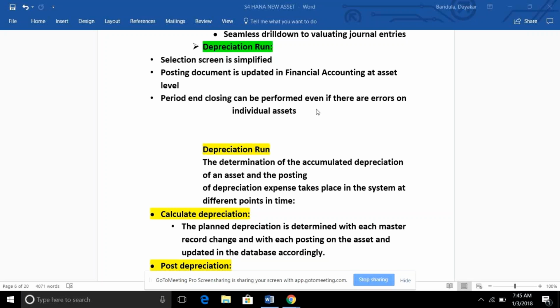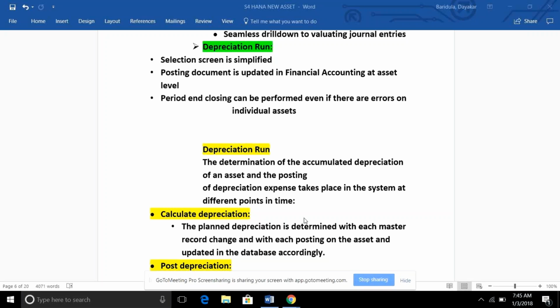That is one more change we can see from the depreciation end. In the depreciation run, the determination of the accumulated depreciation of an asset and the posting of the depreciation expenses take place in the system at different points of time.